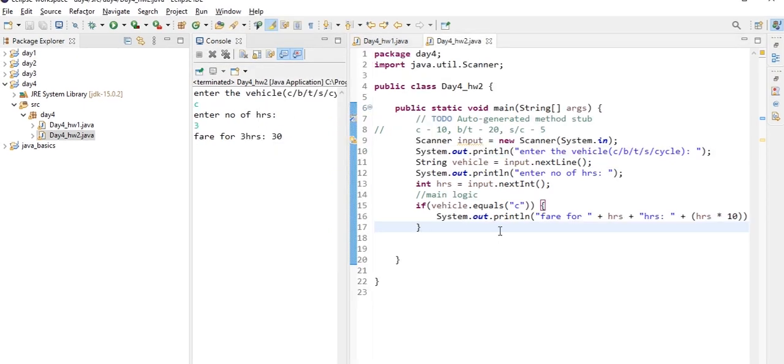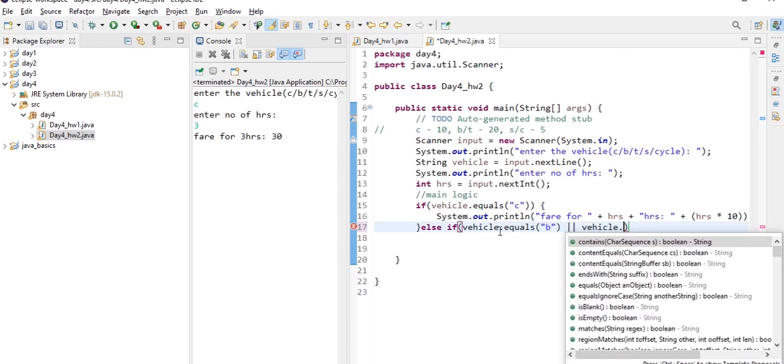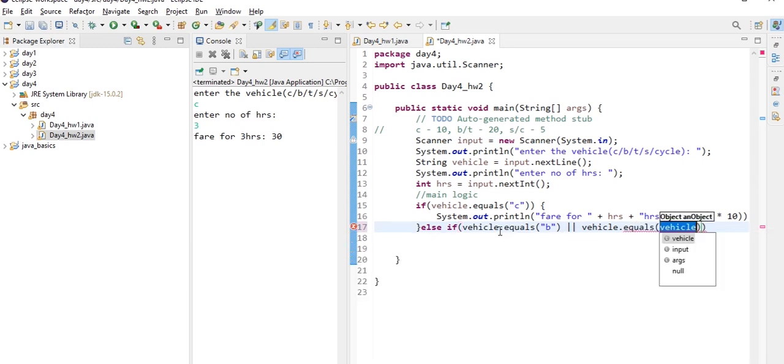So here we are writing the else if part, that is else if vehicle dot equals B, that is bus, or vehicle dot equals T, that is truck.